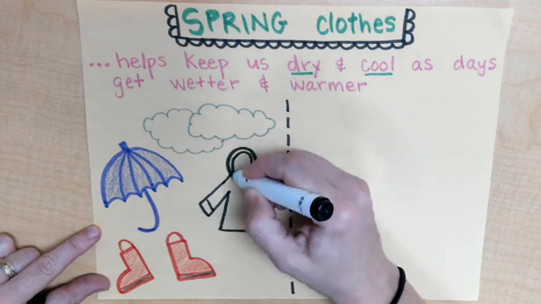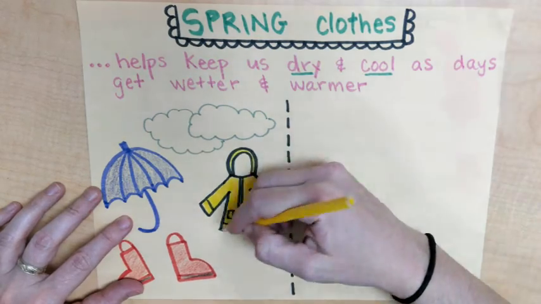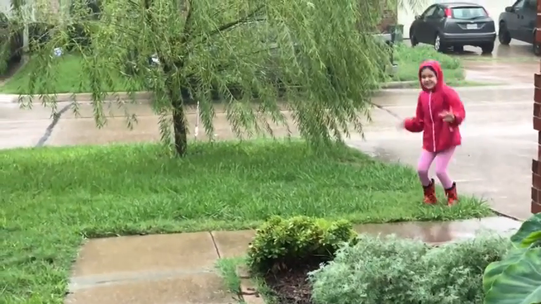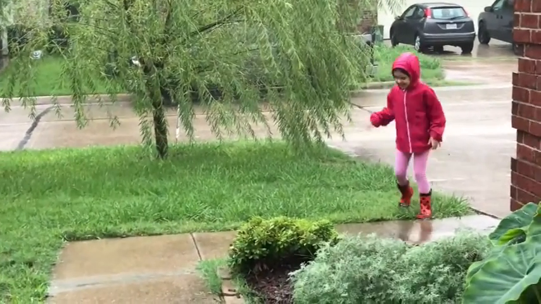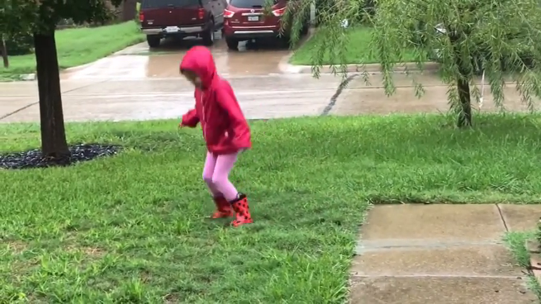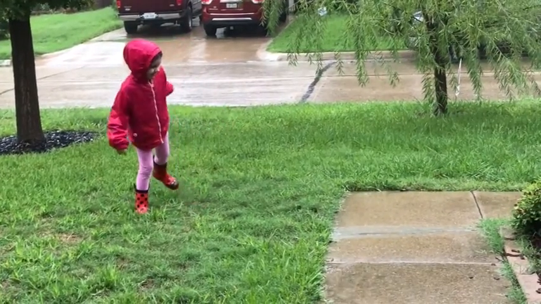So let's take a rainy day. What are some things that you could wear to keep you dry on a rainy day? Well, I automatically think of an umbrella or rain boots or raincoat. You might even wear like a rain poncho, just anything that pretty much is waterproof